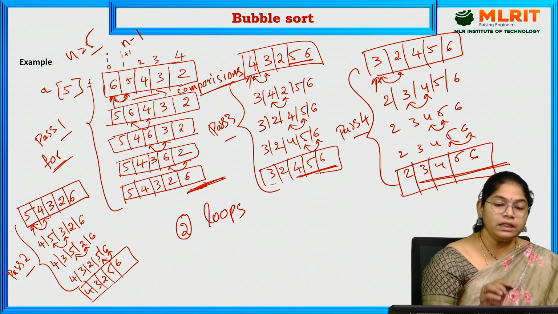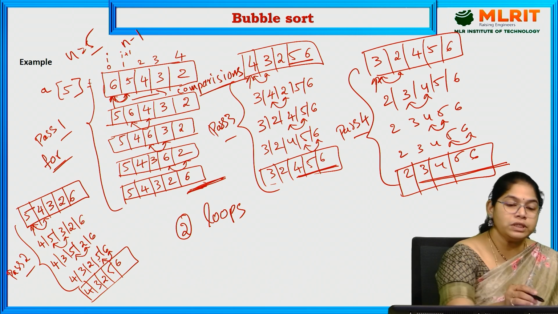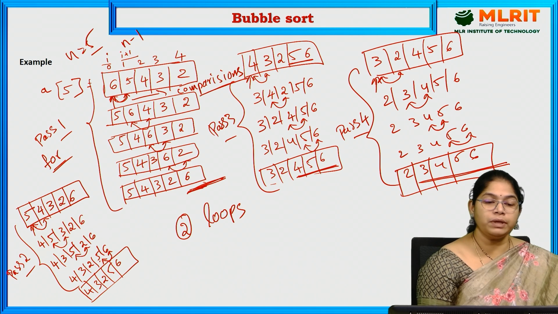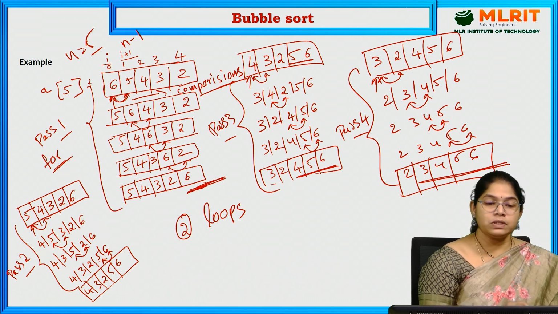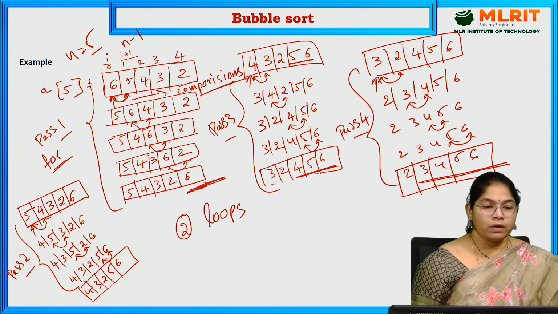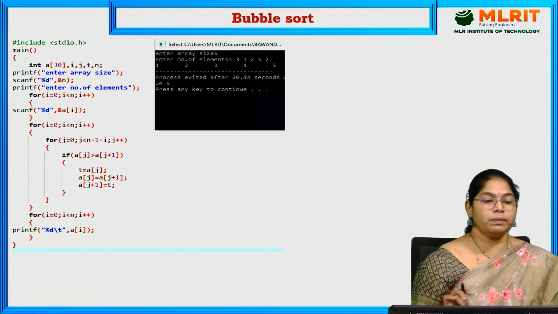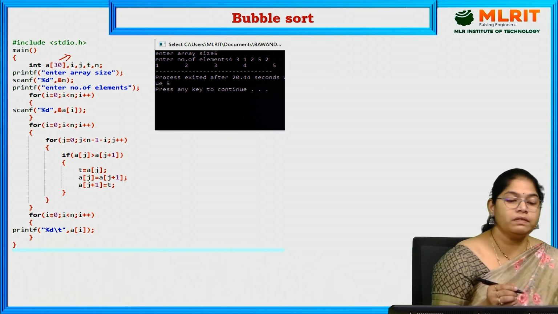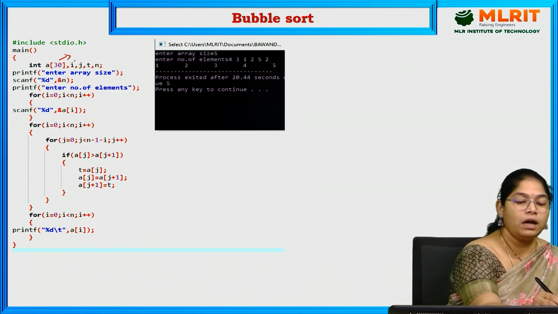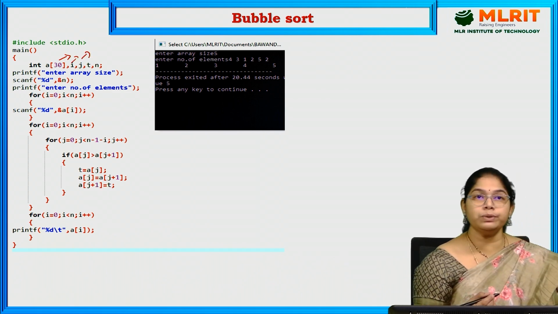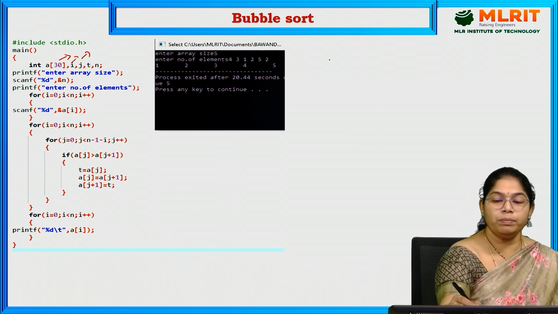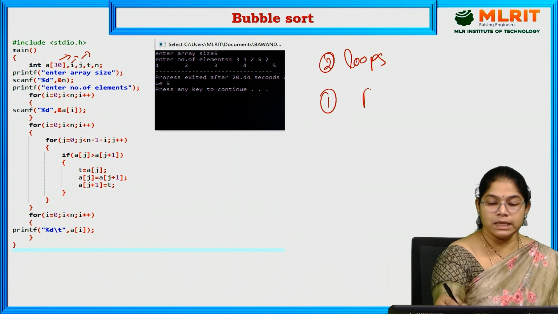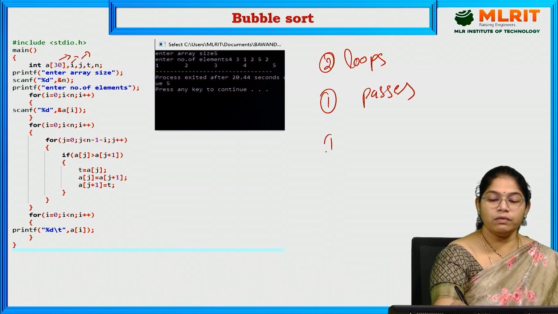And after that, in that comparison, what am I doing? I am checking the I with the I plus 1. If I is greater than I plus 1, then we have to swap. The swapping logic we already know. So, we'll go with the program. Here I consider A of 30. This array can store 30 elements. Then I and J, because we have to use a nested loop. We needed 2 loops here. One loop is for passes and one is for